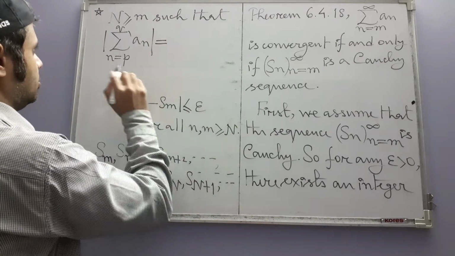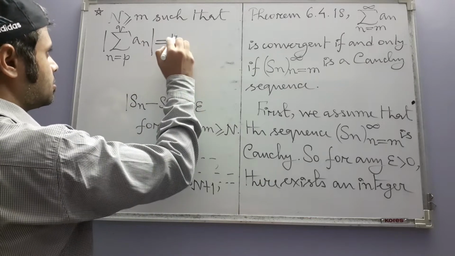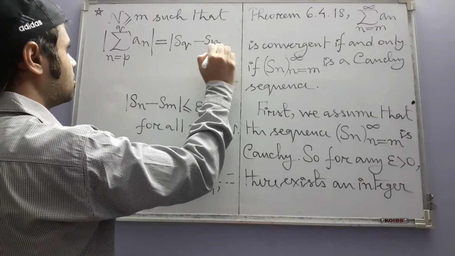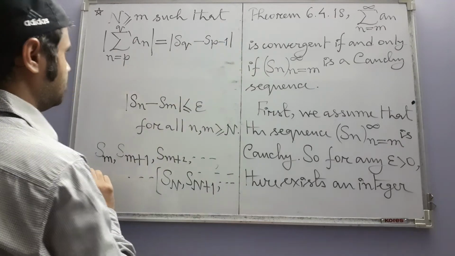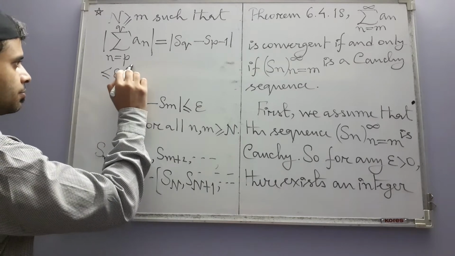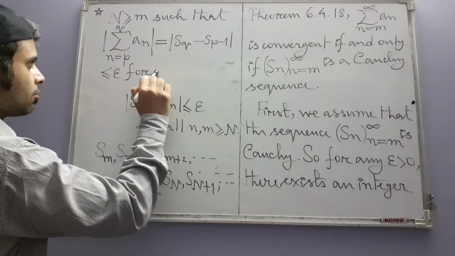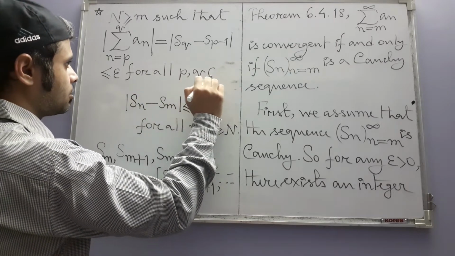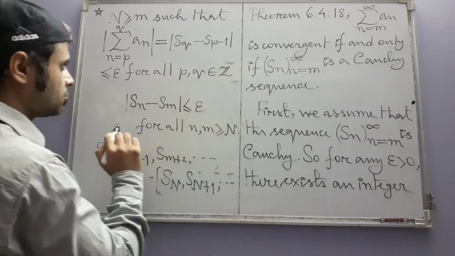Now this thing, it turns out, is Sq minus S(p minus 1), and that is less than or equal to epsilon for all integers p and q,